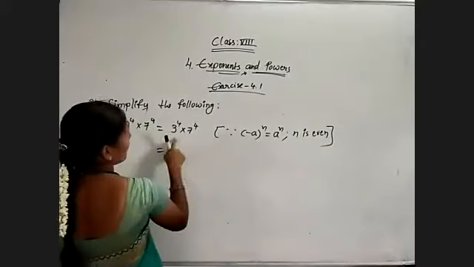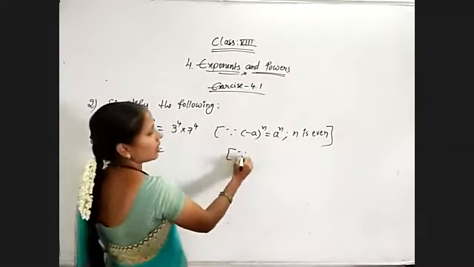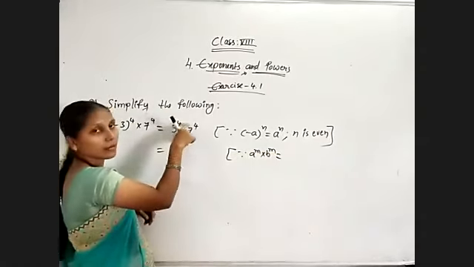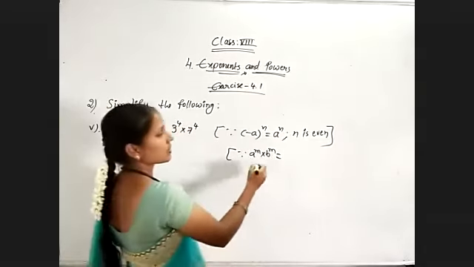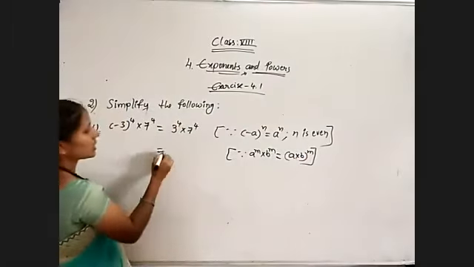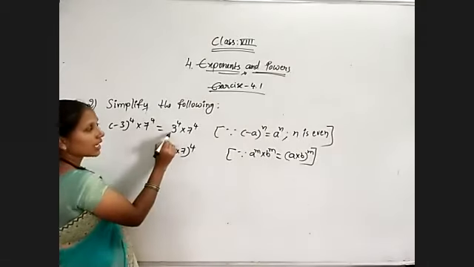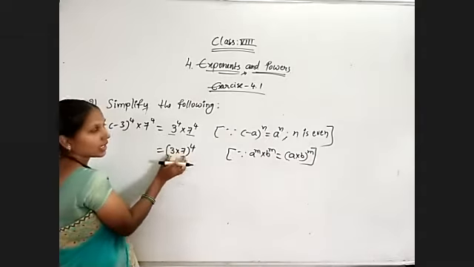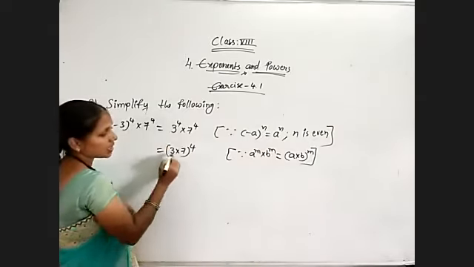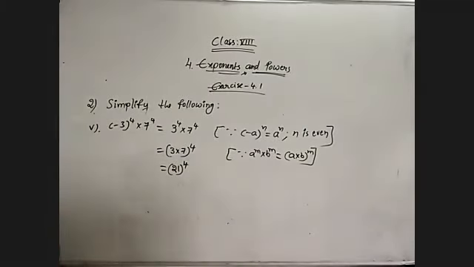Now observe these two numbers: the formula a power m into b power m. The exponents are the same, 4 and 4, and the bases are different. So what is its simplification? a into b whole power m, that is 3 into 7 whole power 4. If they are given separately, we need to combine them. If they are given like this, we must go in reverse. Now observe, 3 sevens are 21. So 21 to the power of 4 will be the result. Next question.